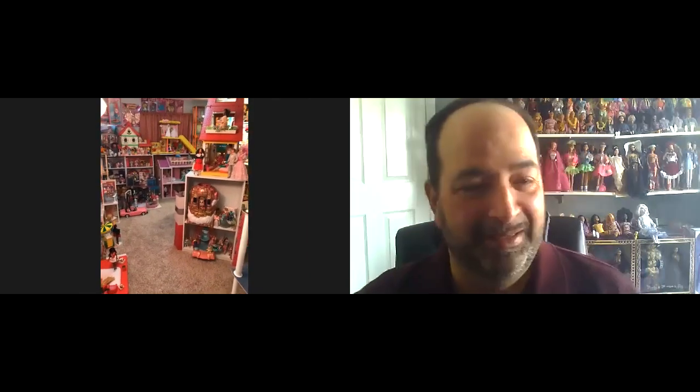Okay. So what I'm gonna do, I'm gonna go ahead and put on my glasses so I don't trip while I'm walking inside the room, and I'm gonna show you. This is pretty much the entrance of the room. As you can see, it's not that big, so I'm using every single inch of space that you can think of. Like right behind the door of the entrance, I got all the